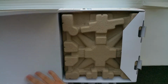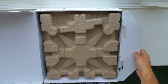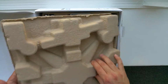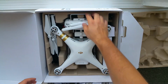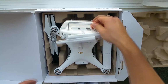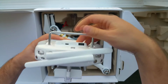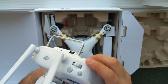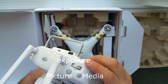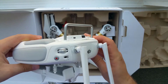Alright, so once you open the box, you'll notice that the box is about 15 by 15 inches long and wide, and it's a very nice packaging. It seems very sturdy. So the new controller, as you can see, is a completely redesigned controller, very similar to the Inspire 1 design. So the new buttons, you have exposure, picture and media buttons on one side, you have tilt, video and flight mode on the other side, you have the power,